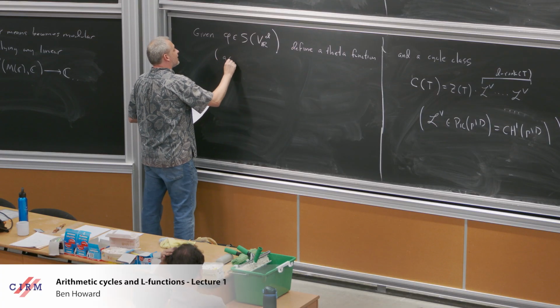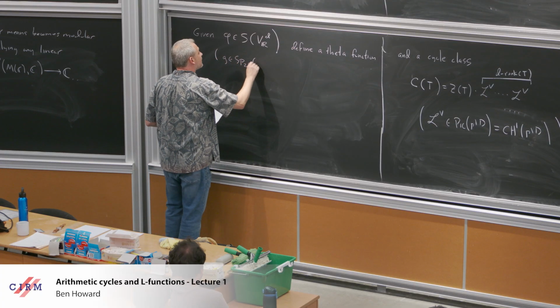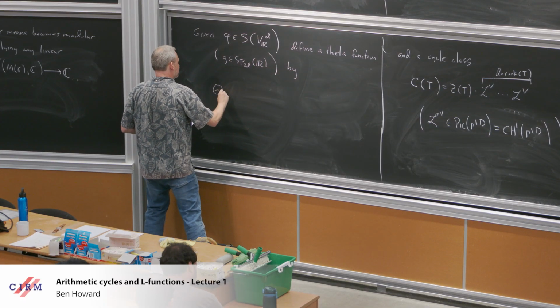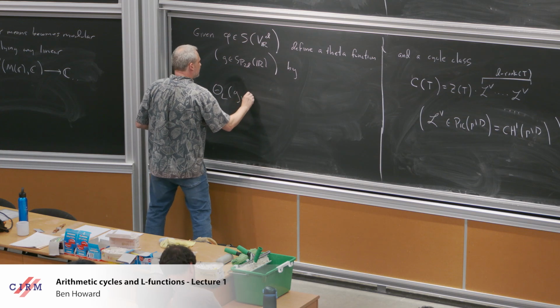So here G is going to be an element of the real symplectic group. So theta L G phi